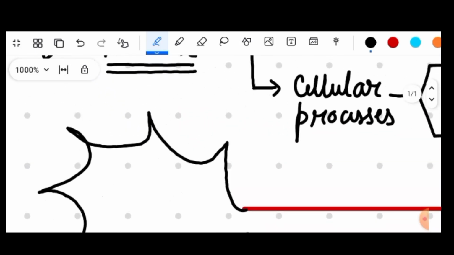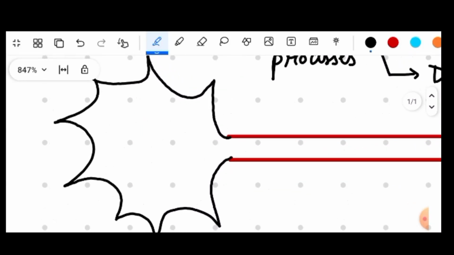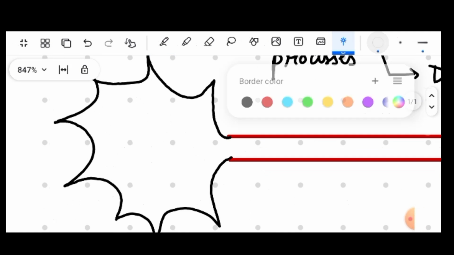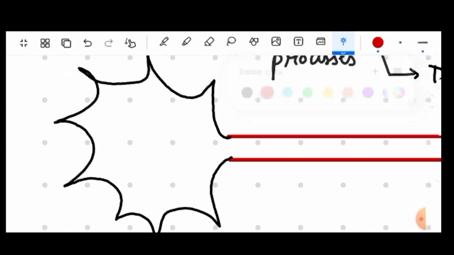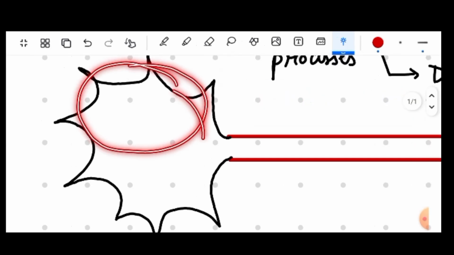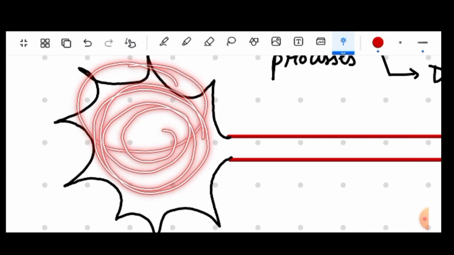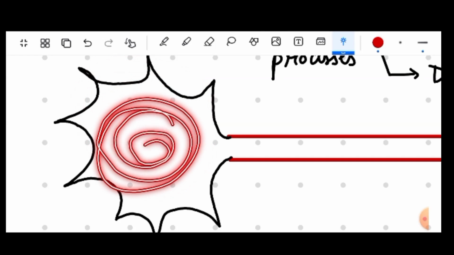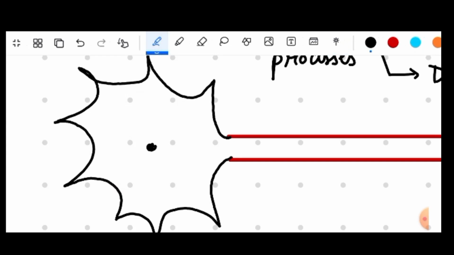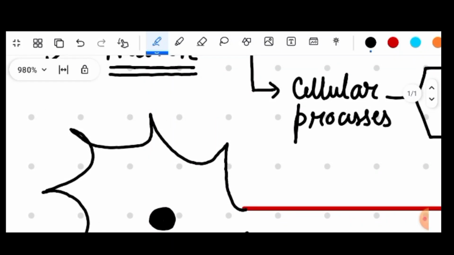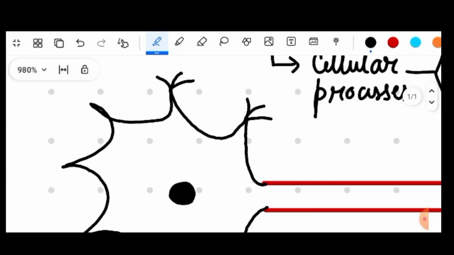Okay. Now this is the cell body and the cyton. I will show you using a different color. Let's use red color in this white background so it will look good. So this part is called the cyton. This cell body is the cyton. And if it is a cell body, then definitely it has a nucleus, where the genetic material is stored. We all know that. And from the cell body, these are the projections, the cellular processes,